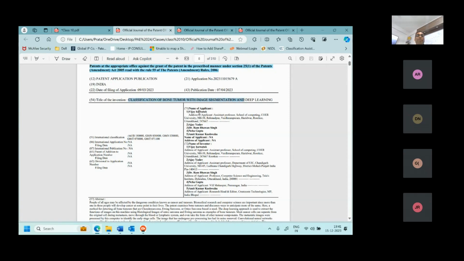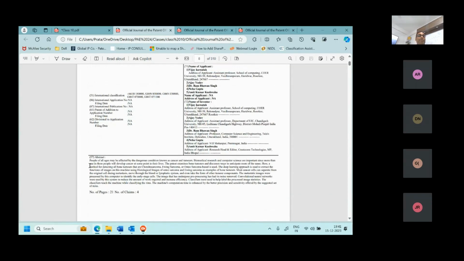Then there are the names of applicants and inventors. International classification, international application filing date, publication number, international publication number. This is not applicable. It's not a divisional, not a patent of addition. So nothing is there. Then you can see there is an abstract.